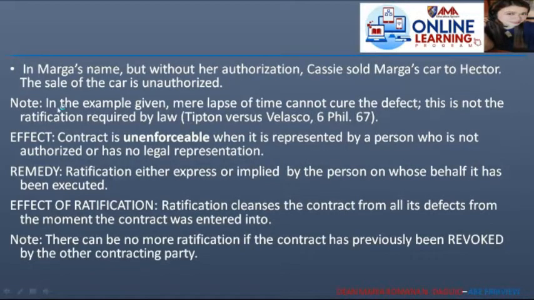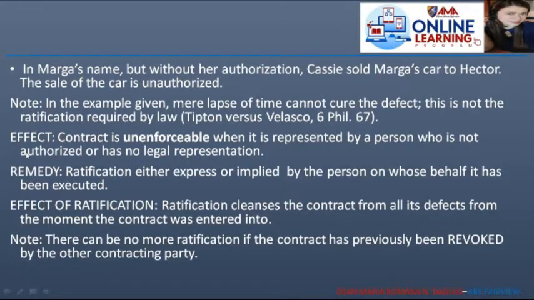So here goes the example, class. In Marga's name, but without her authorization, Cassie sold Marga's car to Hector. So the sale of car, class, is considered unauthorized. So note, class, that in the example given, mere lapse of time cannot cure the defect. This is not the ratification required by law. Hindi dahil sa paglipas ng panahon, may tatama na kung anong ginawa nila dito sa contract. No, hindi yun ang nire-require natin na klase ng